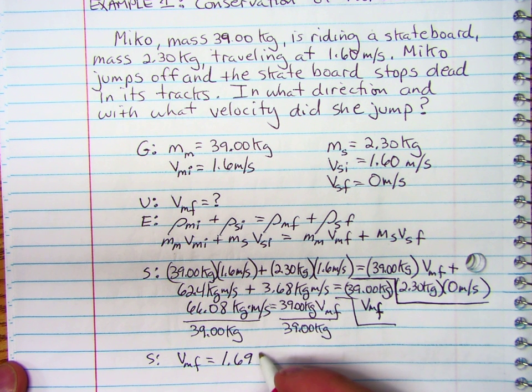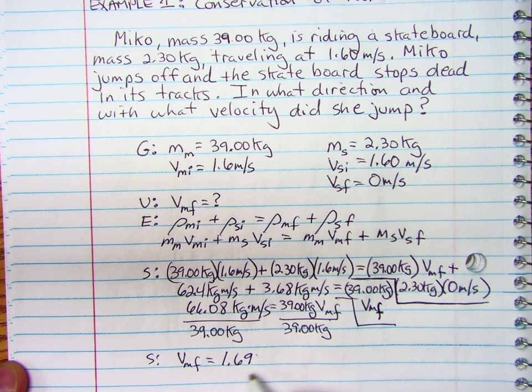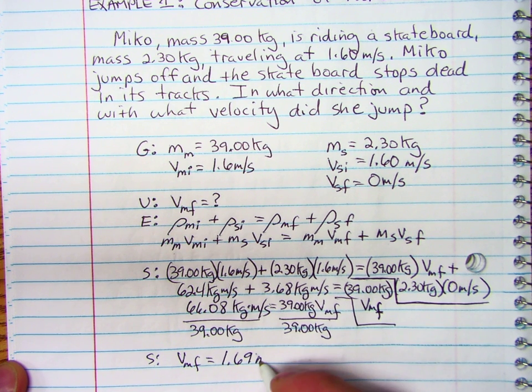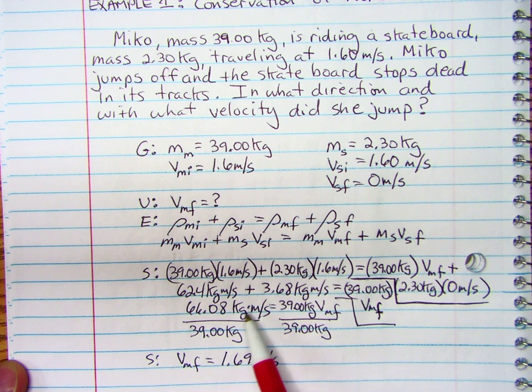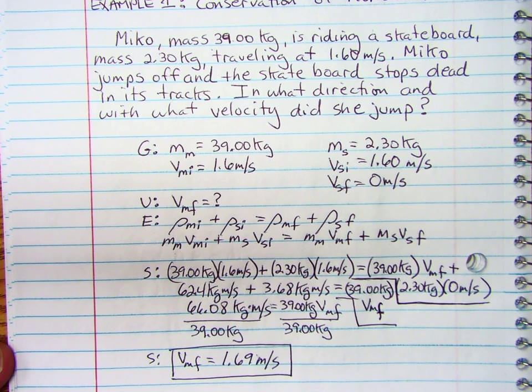You know what? It's actually 3 significant digits. So I'm going to say 1.69 meters per second. If you notice the units, kilograms times meter per second divided by kilograms gives you meters per second. Okay. That's my answer. Okay, what I'd like you to do